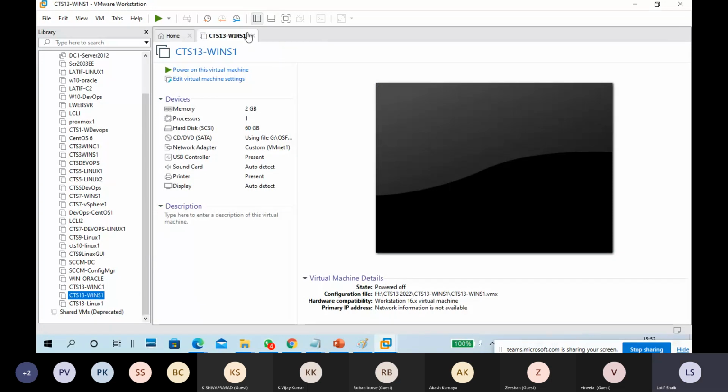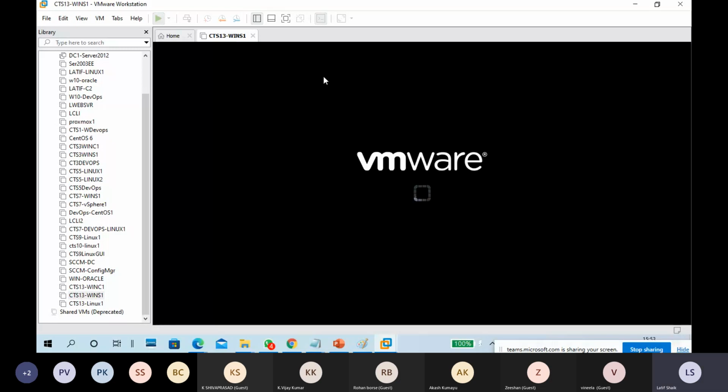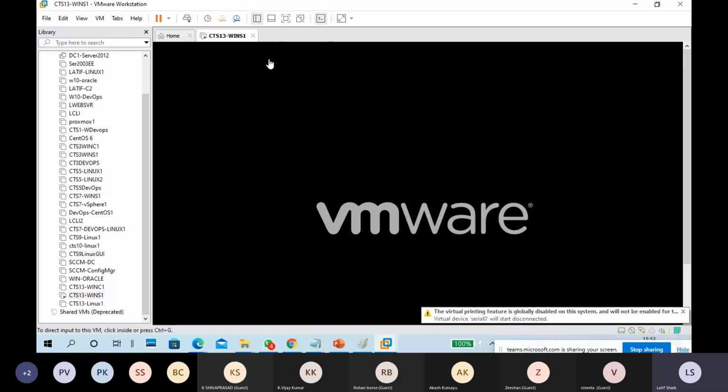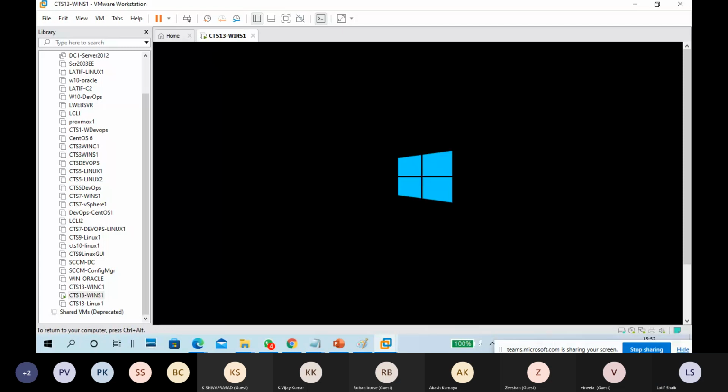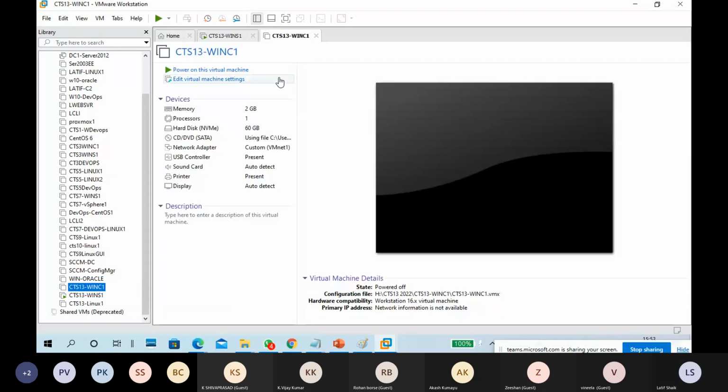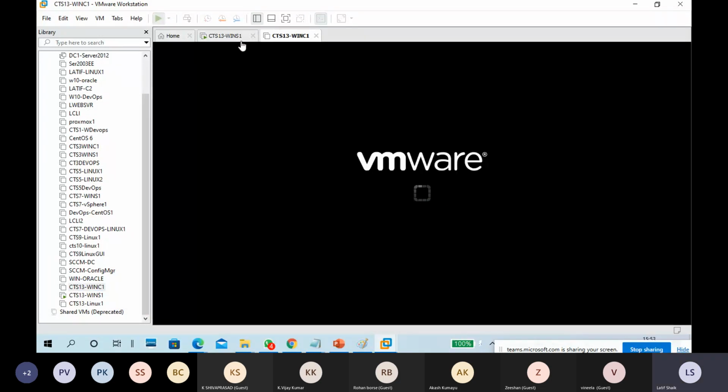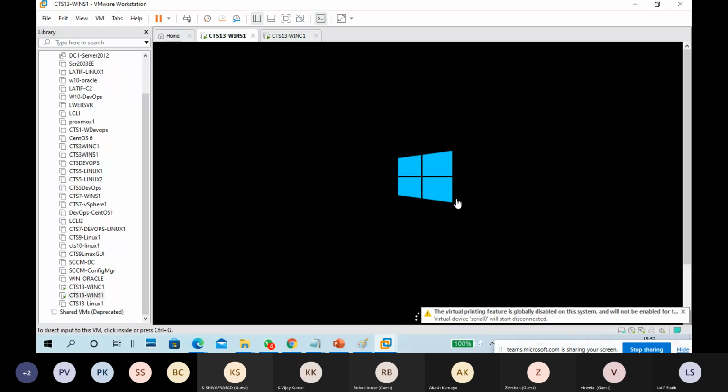And for client purposes, you can use a server or a client also. This is a server. If you want, you can put a second one for a client also. The second one is not required to be on, but switch it on.